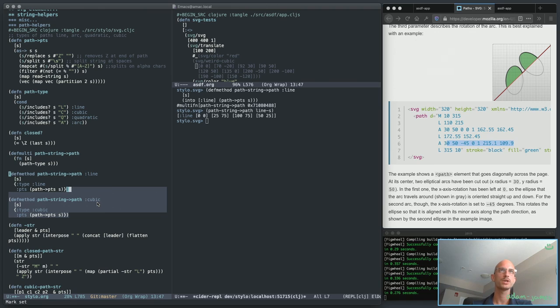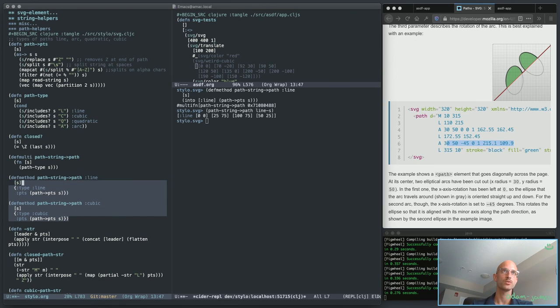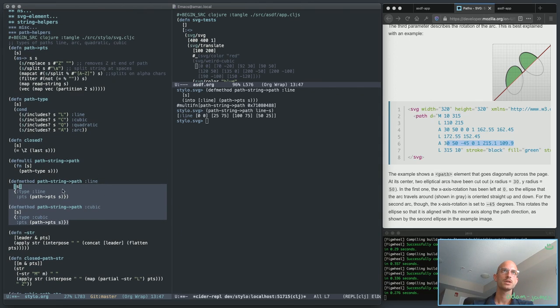Actually, I have an even better, a different approach here that'll work just fine as well. Type can just be path type, points is path points, and all I do is that's default. So the only other one I need to do,